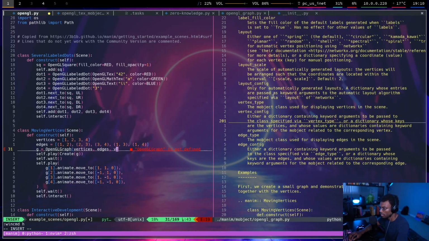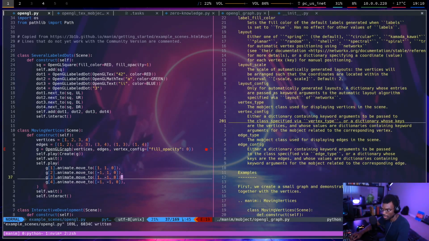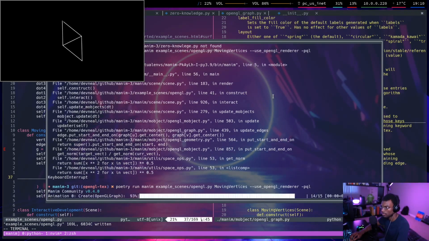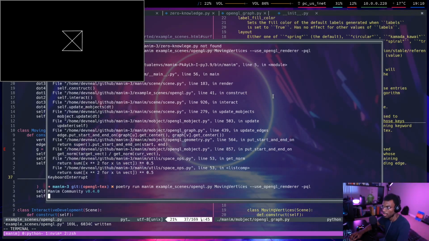So here, I'll say fill opacity. Put that to 0, see if that changes anything. And now they don't appear, so that's